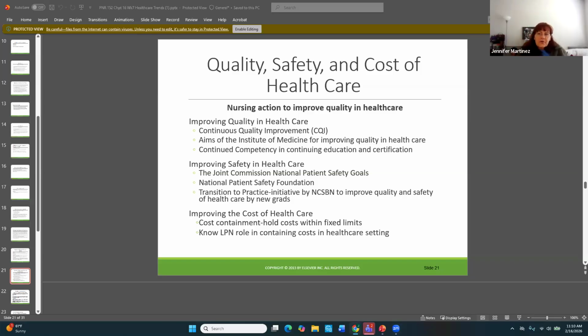All right. So, talking about quality, safety, and cost of healthcare. There are lots of reasons why healthcare costs a lot, right? Prescription medications, obviously the use of new medical technology, right? We continue to make advances in medical technology, right? Something is always newer, bigger, better, improved, which is going to increase the cost of healthcare.